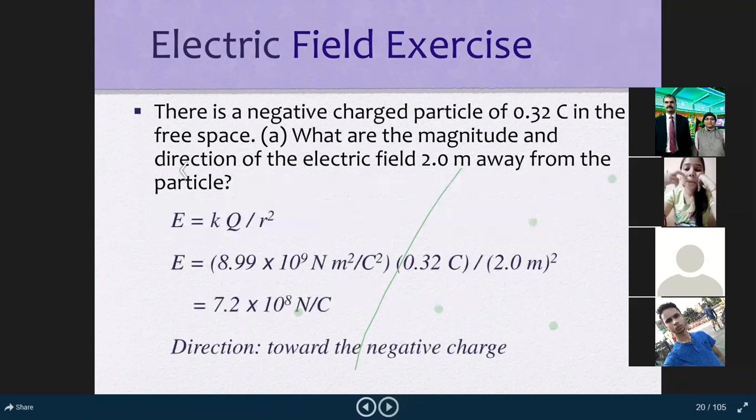The reason here: there is a negative charge particle of this much in the free space. So what are the magnitude and direction of electric field? यहाँ देखिए फॉर्मूला अप्लाई किए k अपॉन r स्क्वायर और इसका वैल्यू पुट कर दिए तो न्यूमेरिकल वैल्यू हमें आ गया ये, और डायरेक्शन लिखा है टुवर्ड्स द नेगेटिव चार्ज, ये गलत लिखा हुआ है, ठीक है, इसको समझ लेना है। ये होना चाहिए अवे फ्रॉम द सोर्स चार्ज, क्योंकि दोनों लाइक चार्ज इसलिए अवे होगा।